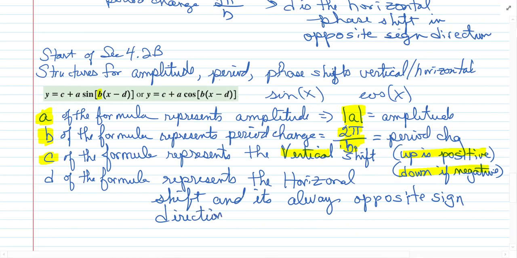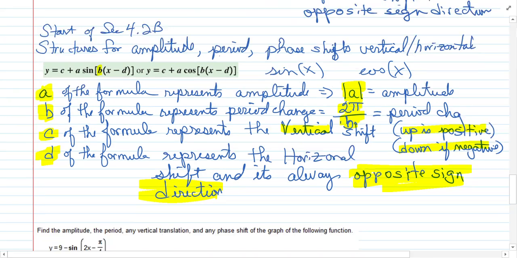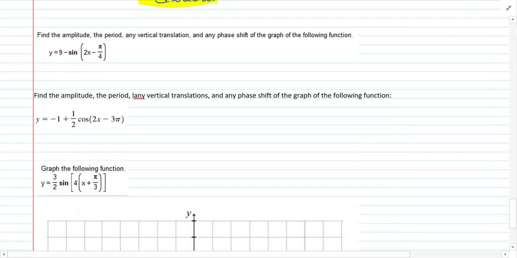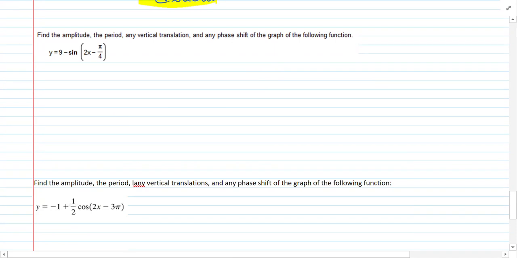All right, so we have all of the conditions about recognizing what's happening to the function. Amplitude, period change, vertical shift, and horizontal shifts. So now we're asked to find those values. So here we have a function that gives them all of the information. We know it's in good form because it is in y equals,